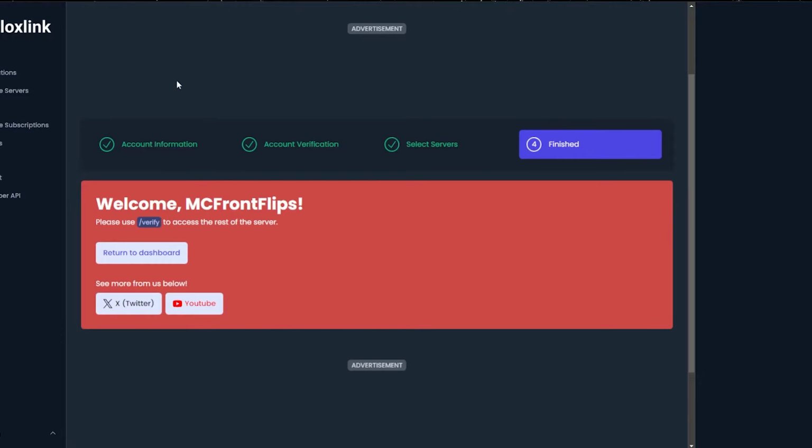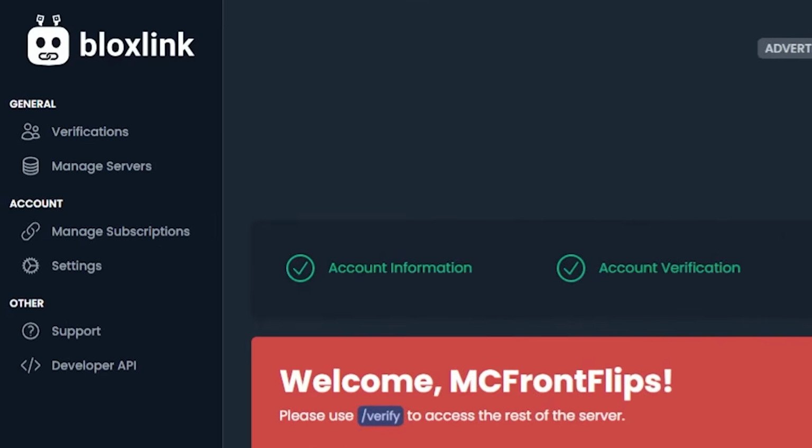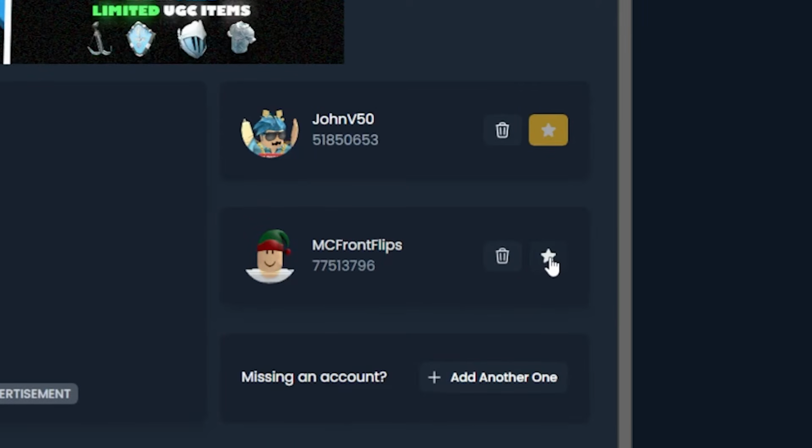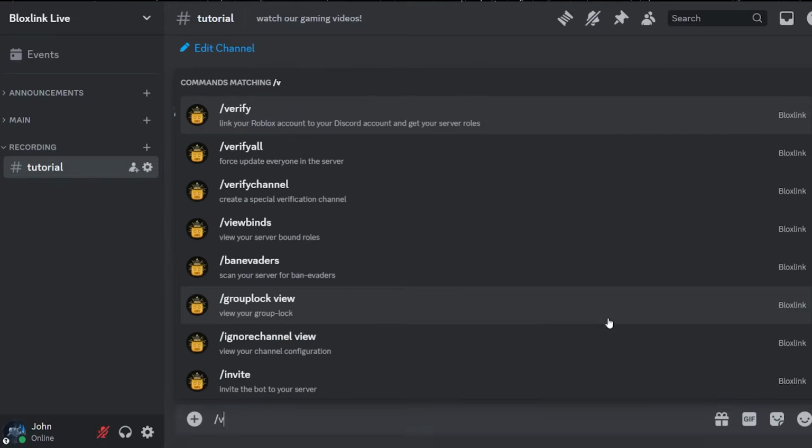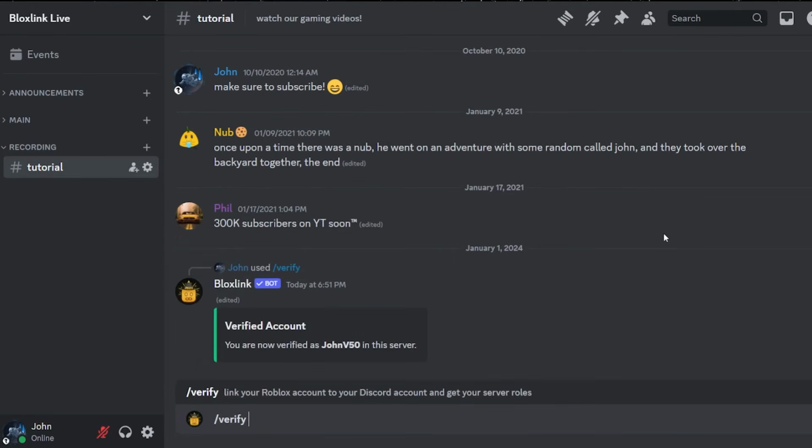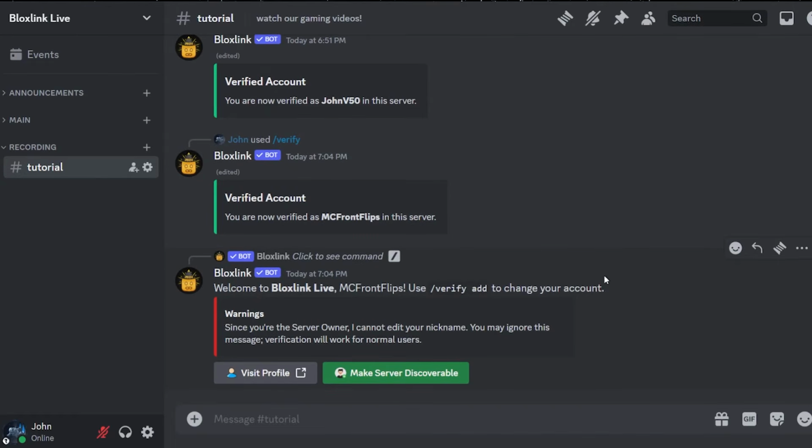If you want this new account to be your primary account, then click on the verifications tab on the left. Then click the star icon next to the new account. That's your new primary account. If we head back to our Discord server and type /verify, you should be given your new roles and nickname